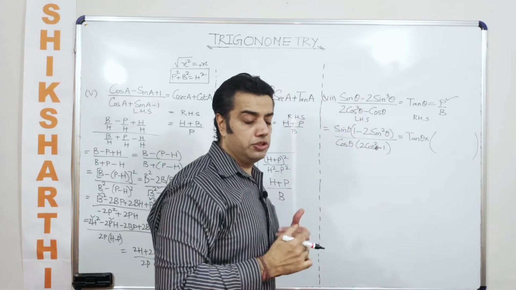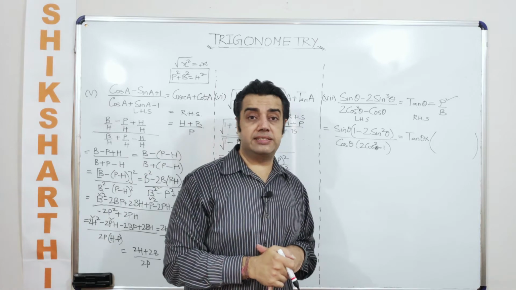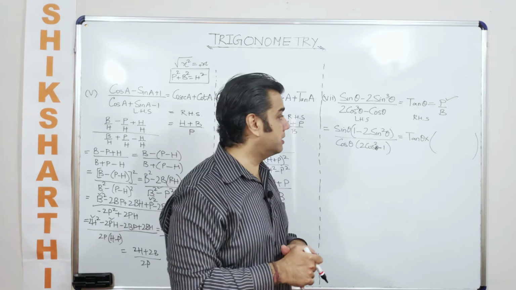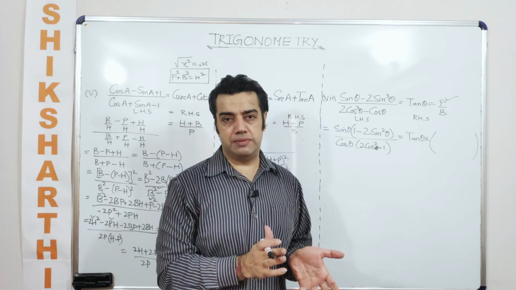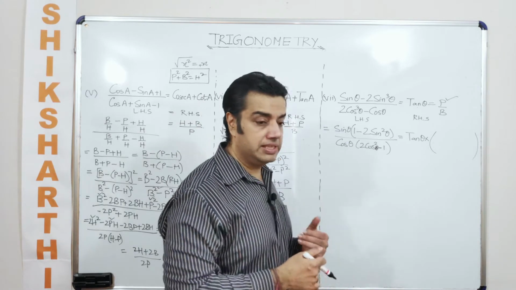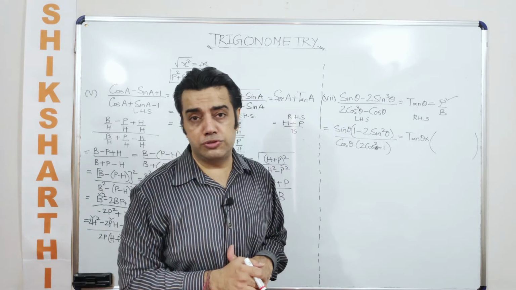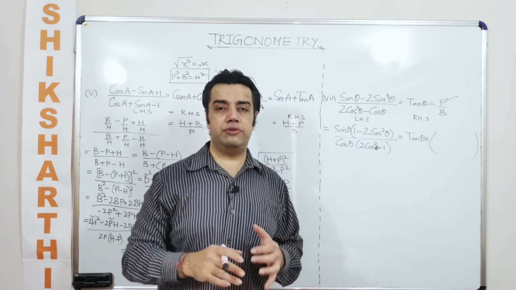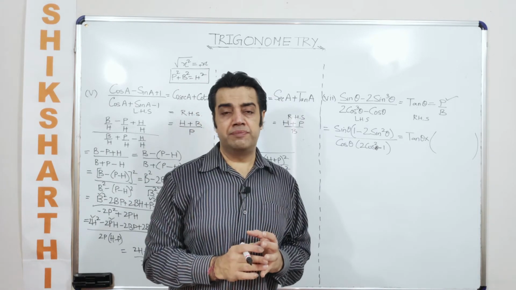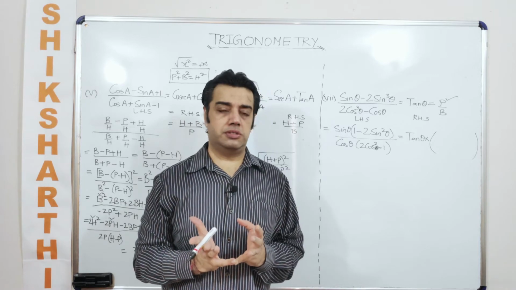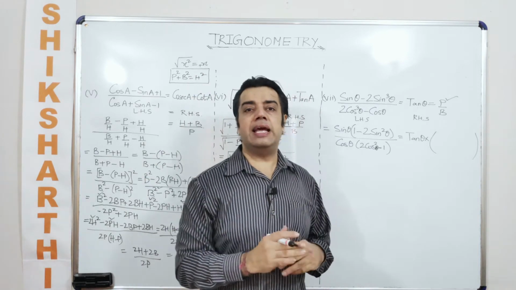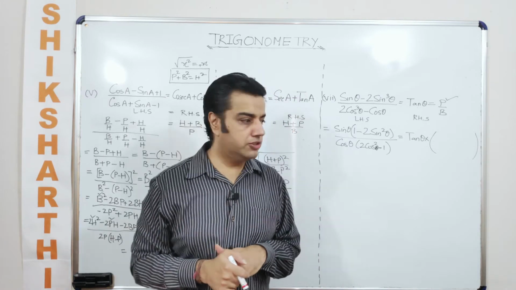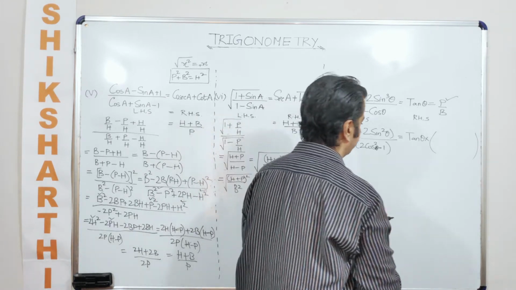So if I wish, I can use the trigonometric identities as it is, and which trigonometric identity am I asking you to use? Sine square theta plus cos square theta is equal to 1. Or as we discussed earlier in our earlier videos also, please don't bother yourself. You just need to remember two things, which is the Pythagoras rule, which is p square plus b square is equal to h square, and the values of the 6 trigonometric ratios to solve any question on trigonometry.